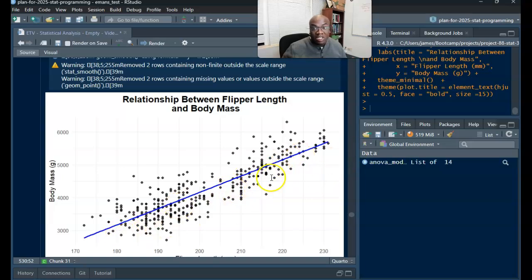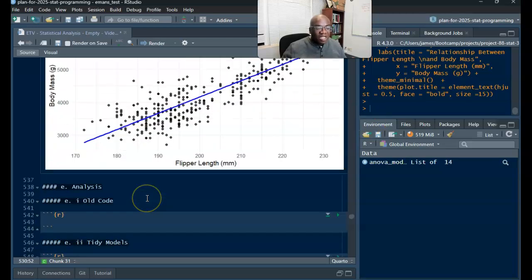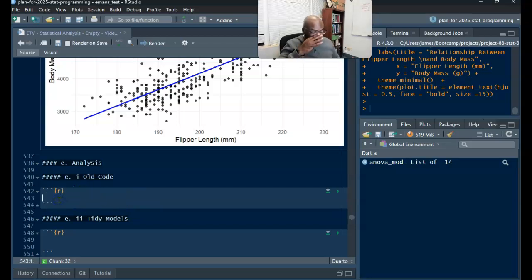And that goes back to, you kind of saw that in ANOVA, because this is I think Gen 2, and then these are the other two species. Okay, so there's obviously a linear relationship between these two. Alright, so then in terms of doing this in the old way, in terms of analysis, this is actually